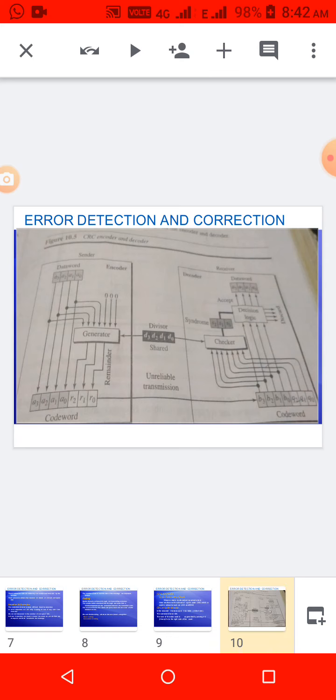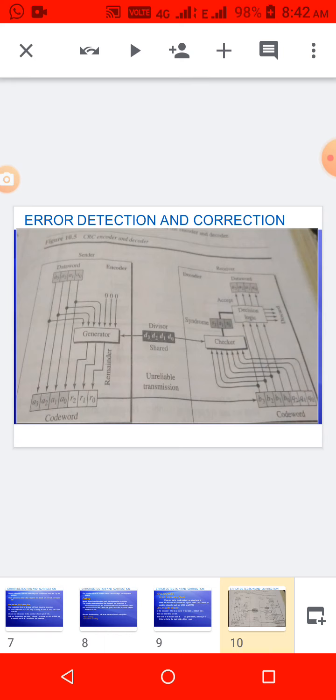The generator generates the result by adding some extra bits, and that code word, see below, A3, A2, A1, A0 and R2, R1, R0, this word only we are going to send to the receiver. How is the generator generating this?